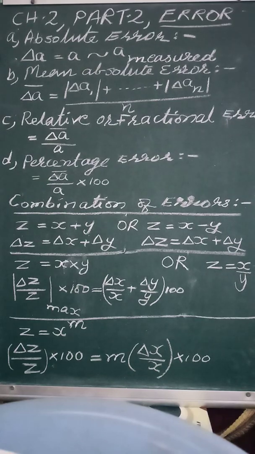I have measured the length of a marker. So, the length of the marker, the actual value, the true value, let it be 14 centimeter. That is the true value. But when I measured, the value I got was 14.2. It means there is a difference of 0.2 centimeter in the reading that I measured. It means there is an error in the measurement.